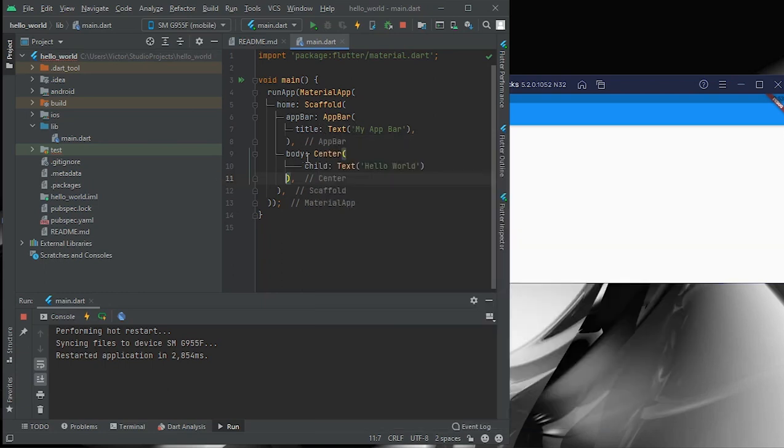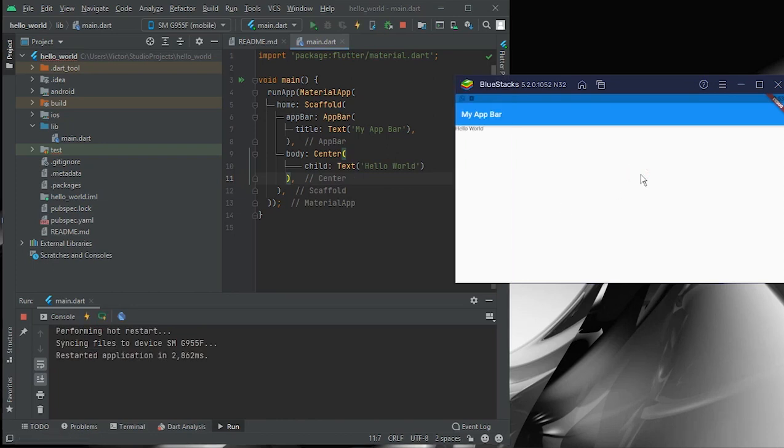If we are wrapping a widget inside another widget, it will have a child property, and inside the child we can add whatever we want. If we save this and hot restart again, let's wait for it, and yeah, our text is already in the center.